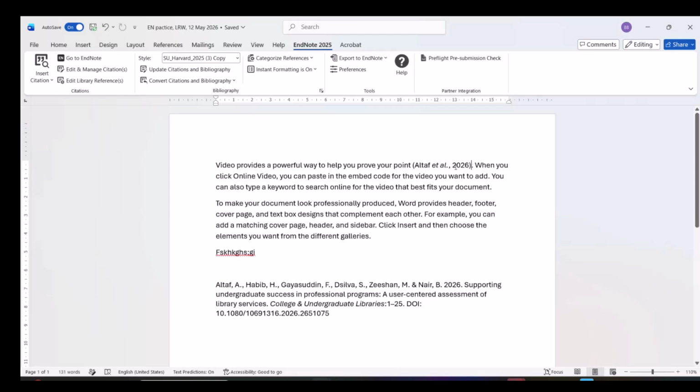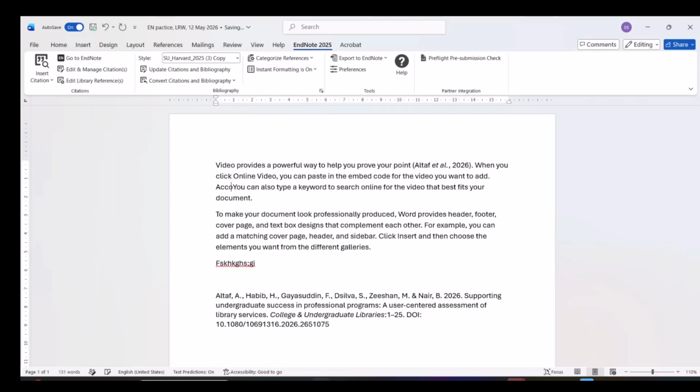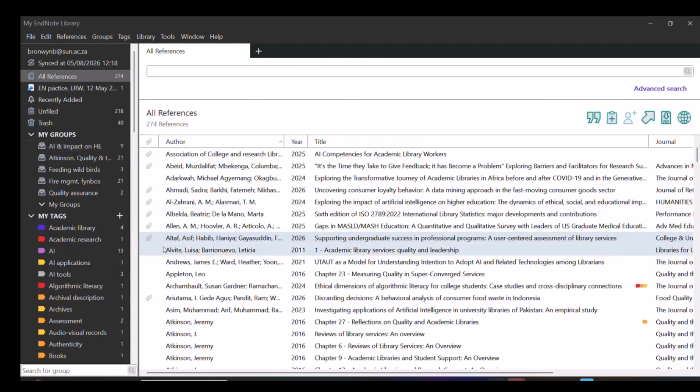But before we do that, I'd like to just show you how to do an example where you're typing and you want to say according to this particular author. So if we've got "according to," and now we want to say a particular author, so we're going to put our cursor there. Okay, we're going to go back to our EndNote library, and this time I'm going to make use of Andrews. So I select my